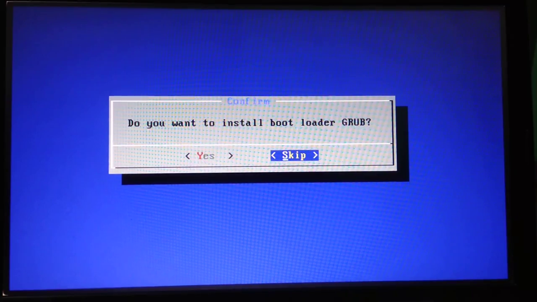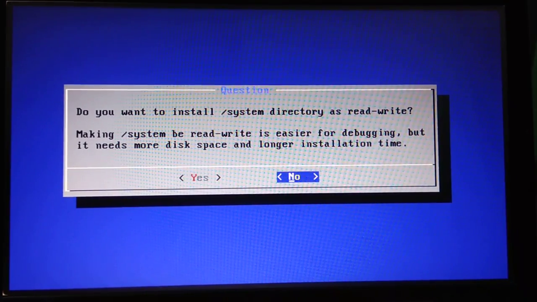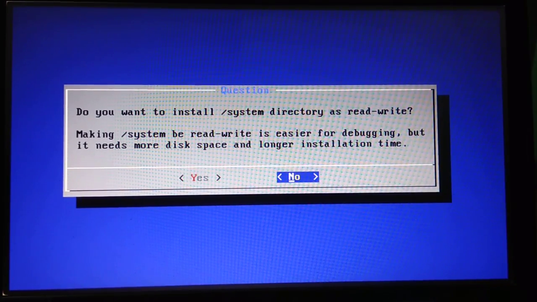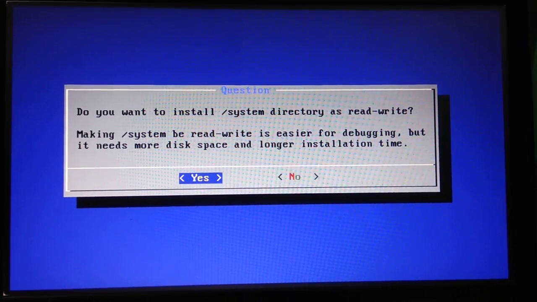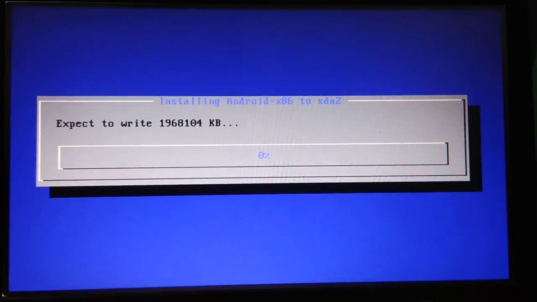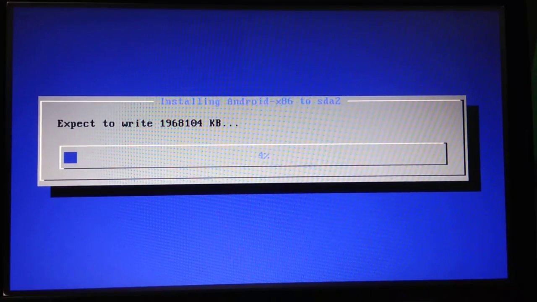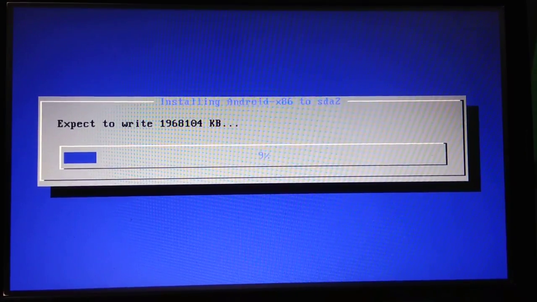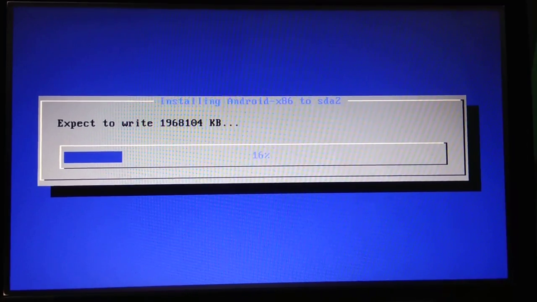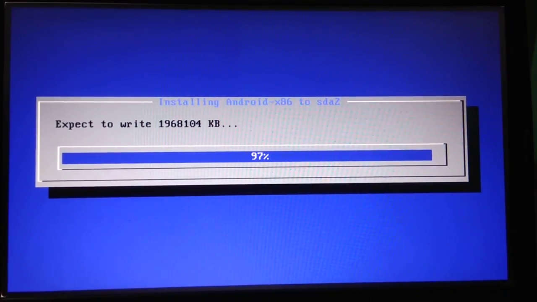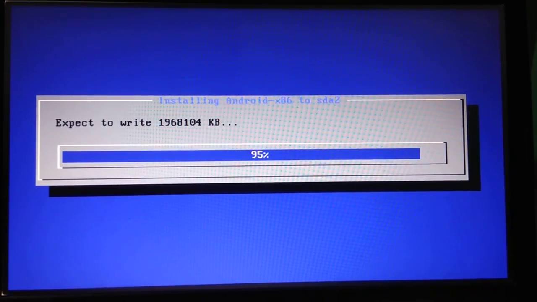You can skip this. You can also select yes. Now it is extracting the software to your PC. So it is now 96% or 97% complete.